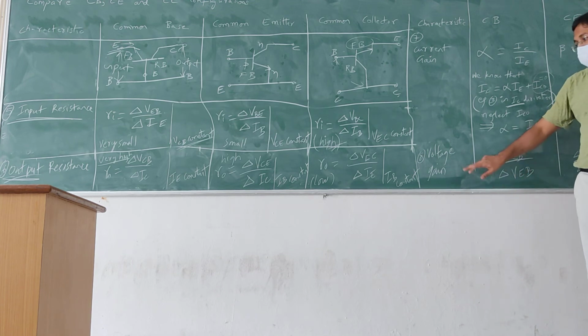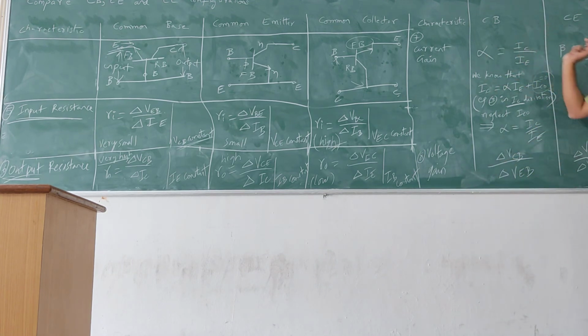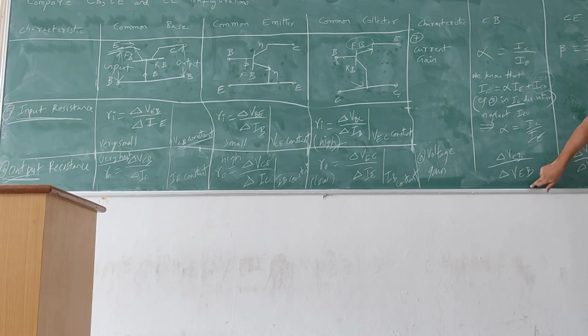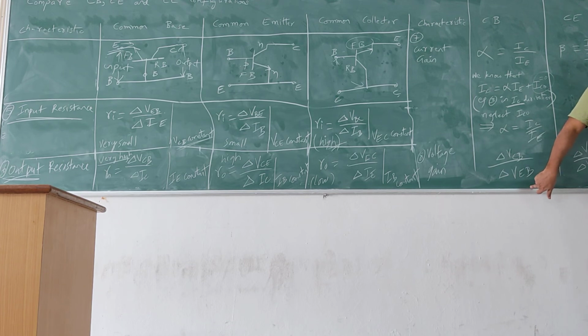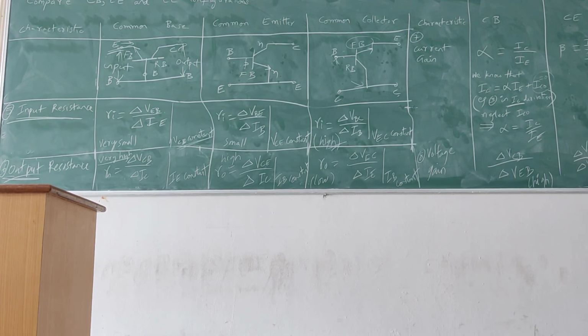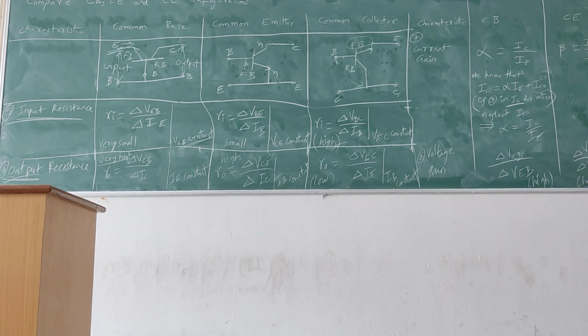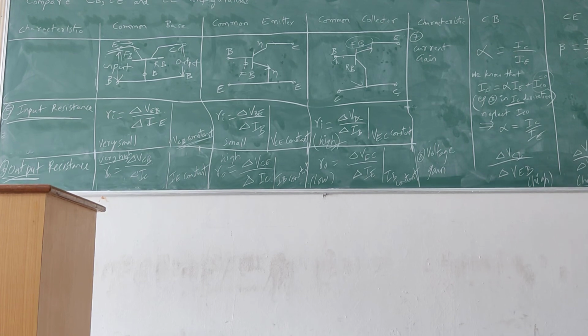Already we have seen that the common base configuration will give amplification. We started with common base. We proved that it gives voltage amplification, transferring current from low resistance to high resistance. So obviously the voltage gain here will be high. Then common emitter will also give high voltage gain. We will see this in the lab. Here, common collector gain will be less, slightly lower than 1.